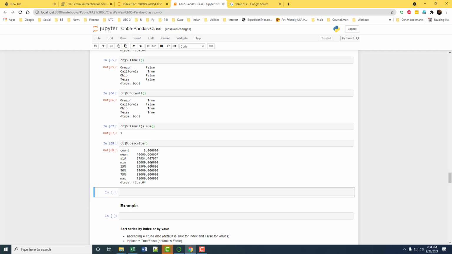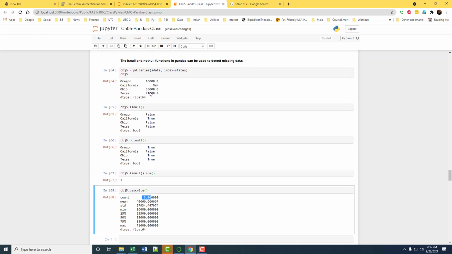It gives you how many there are, what the mean is, the standard deviation and so on. The nice thing is the null value is automatically dropped, because count is 3, even though there are 4 elements in the series. One of them is null, so that null value is just dropped out.